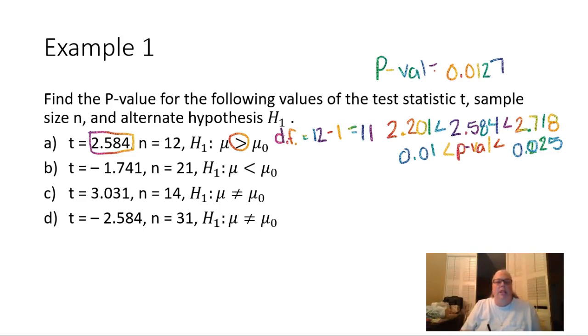The test statistic is negative 1.741. We're doing a left-tailed test this time because of the less than. And our degrees of freedom are going to be 20. So we're going to be looking on line 20 to see if we can find 1.741. Now remember, we're going to look for the absolute value of this, or the positive, because remember the miracle of symmetry there. Okay, so 1.741,